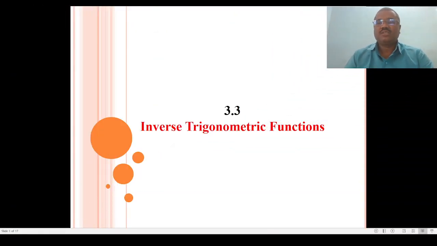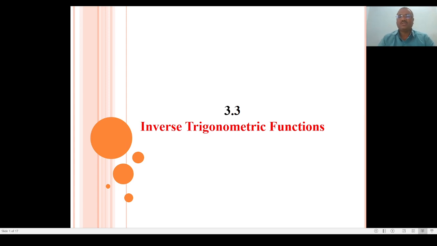12th Science, paper first, chapter 3, trigonometric function, and our today's topic is inverse trigonometric function. So see, definition of inverse trigonometric function, as